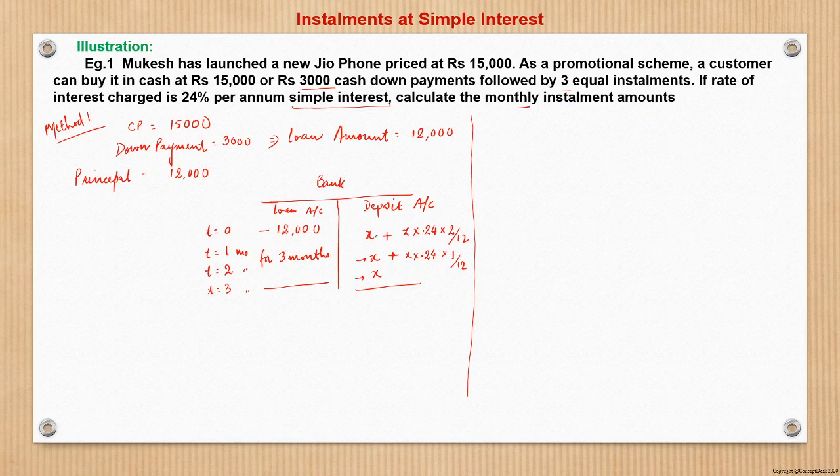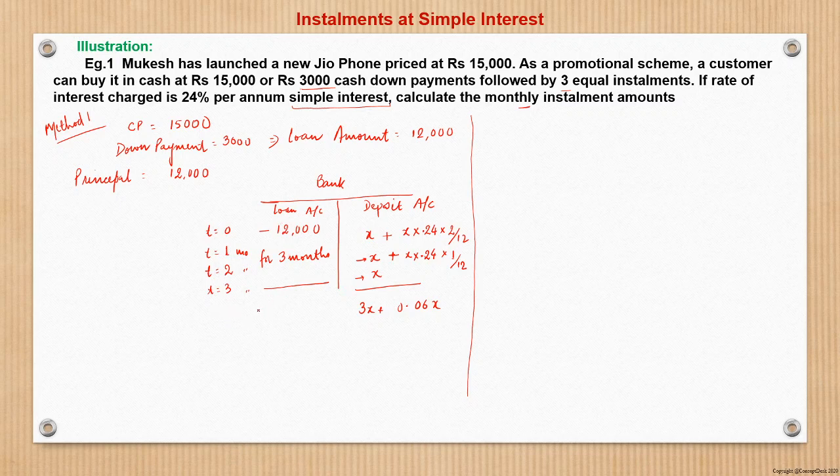Now see, what is the total value of this? Total value will be x plus x plus x, 3x, plus this will become 0.06x. 2 will cancel in 2 and 6 times, 6 will cancel in 24, 0.04 times. So this becomes 0.04x and this becomes 0.02x. So this will become 0.04 plus 0.02x, that is 0.06x. Right. This is at the end of third period.